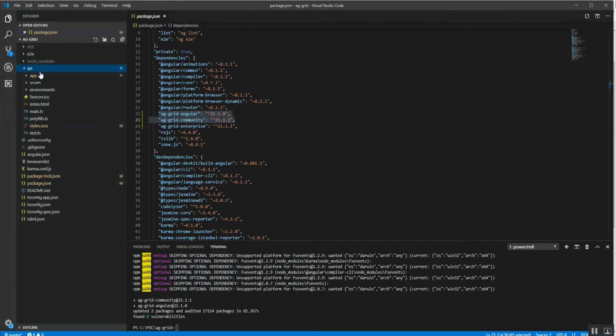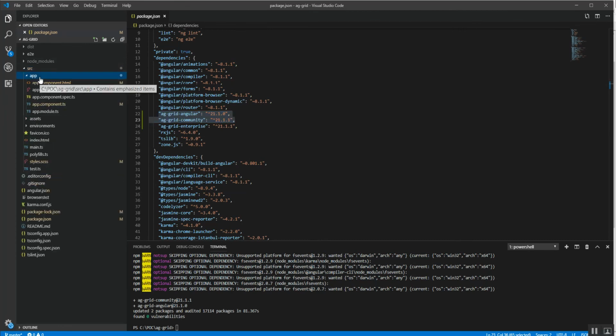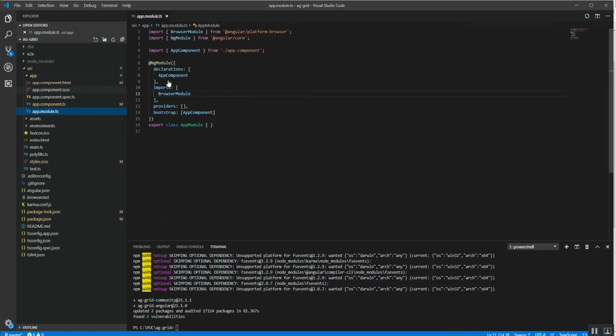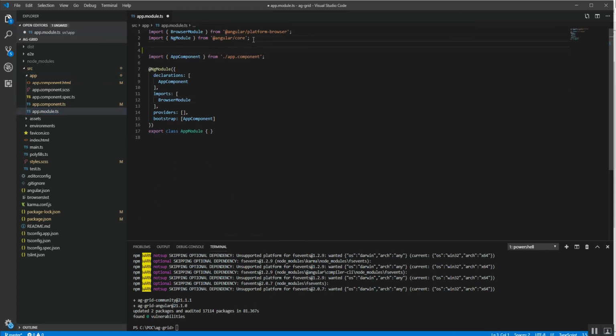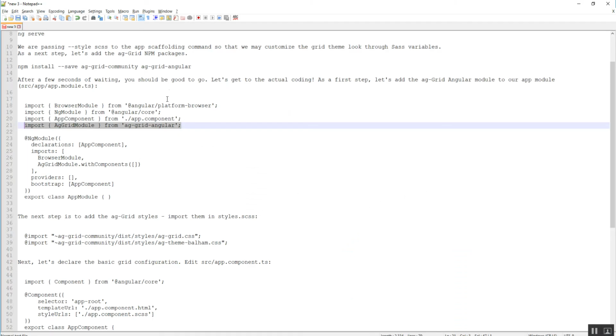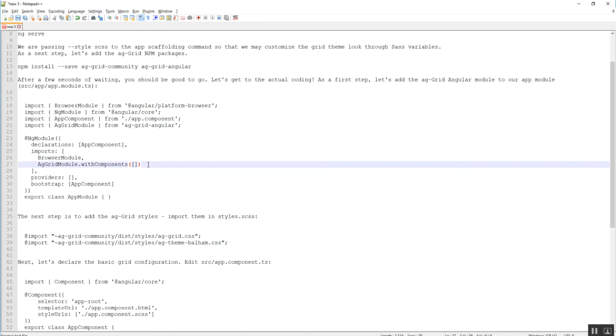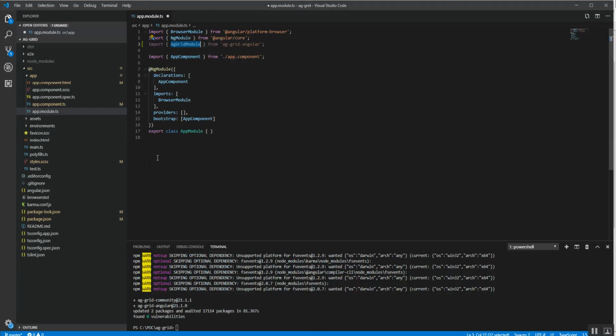So we'll move to the app.module.ts, which is in the app folder. So first of all, we'll import the library. This AgGrid library has to be imported. So this statement does the second part. So we will give it in the imports in this particular syntax. Now if I save this